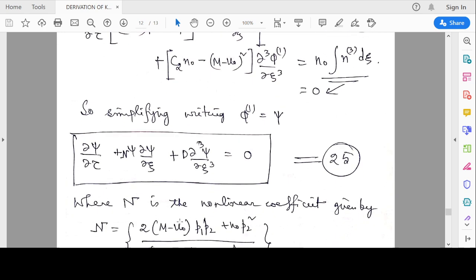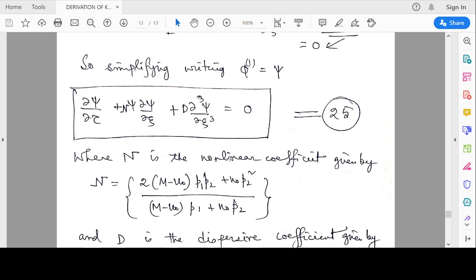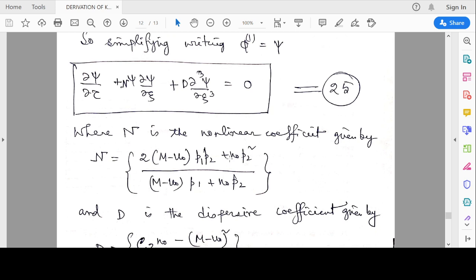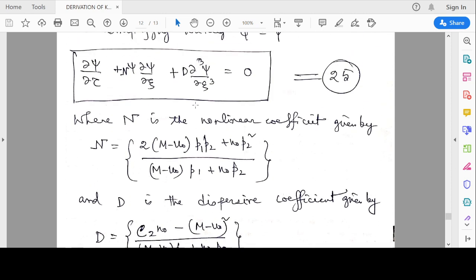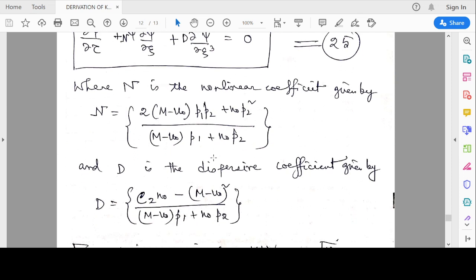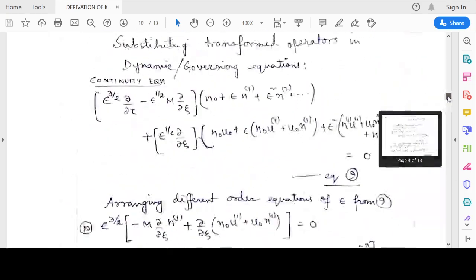Okay, so where n is the nonlinear coefficient, now you see this equation is derived in a number of ways. We are just taking one of the simple cases, and with those assignments that you will be supplying, you practice and you will get your KdV equations. Equation 25, this one is the KdV equation. Okay, so thank you. I hope you have just understood in a short way, and let me recapitulate from